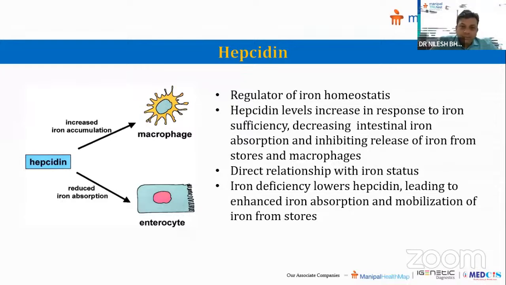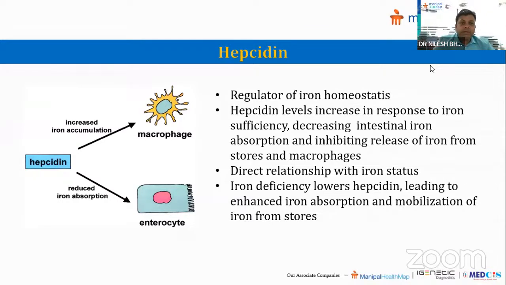So another marker is hepcidin. Hepcidin is a major regulator, you can say the key regulator of iron homeostasis. And hepcidin has an inverse relationship with the iron status. So what does hepcidin do? Basically, hepcidin level